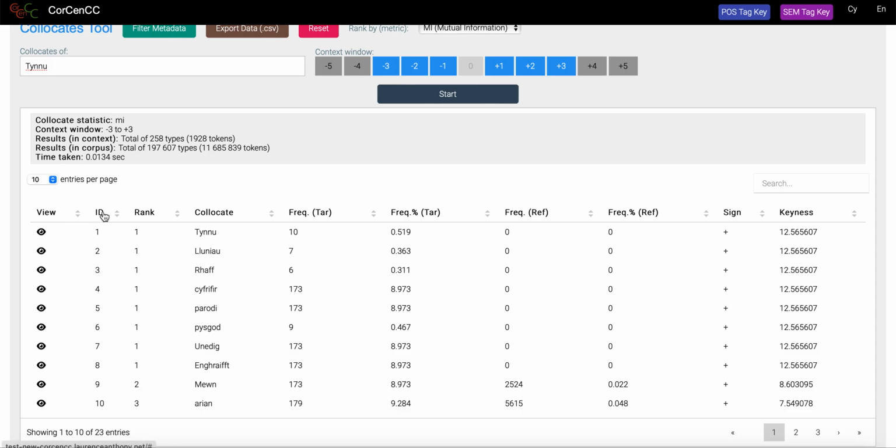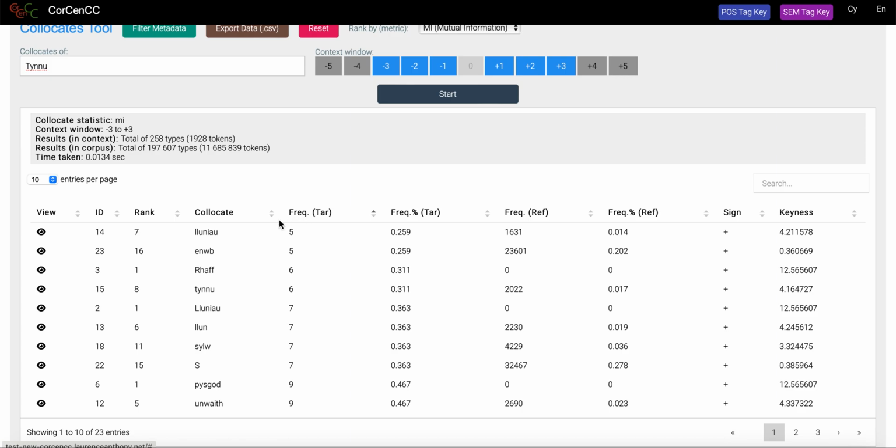collocate here, frequency target, frequency of the target search word with the collocate within the context window. Let's tick on that, and this changes the collocates in this column. Frequency,